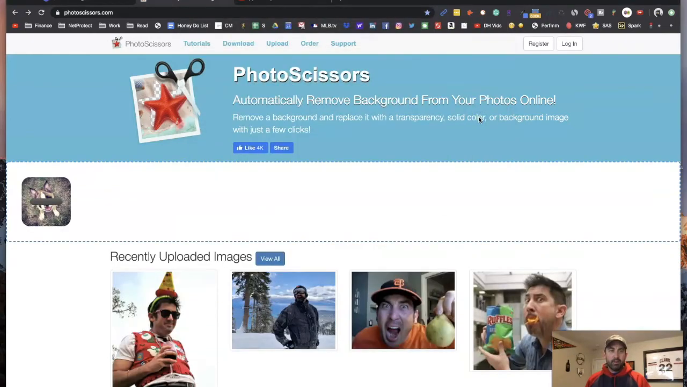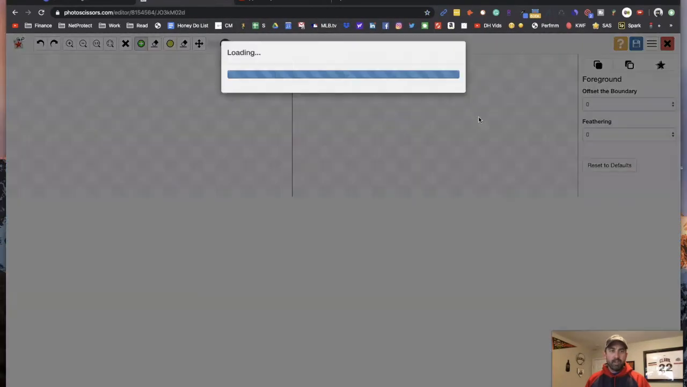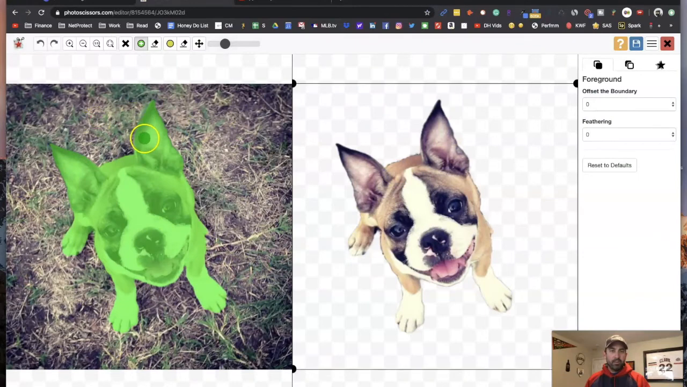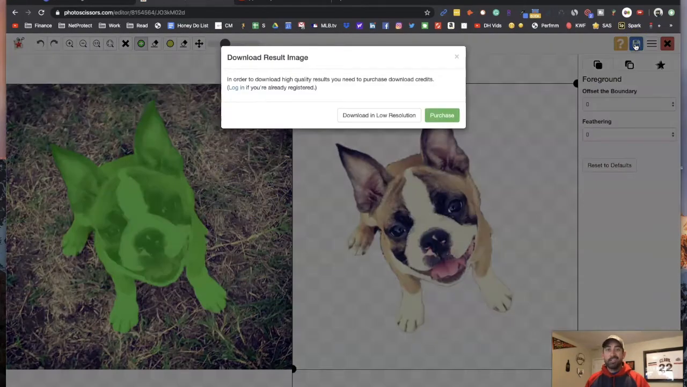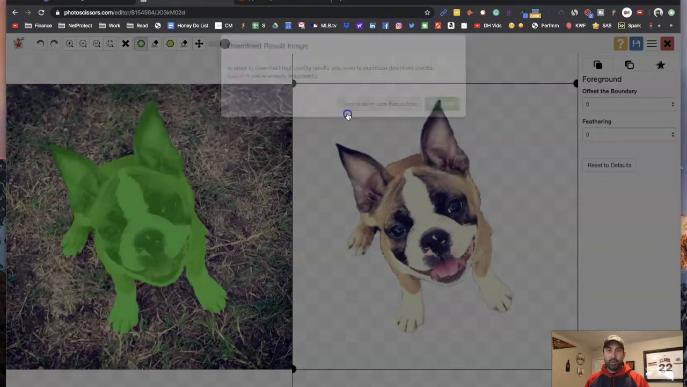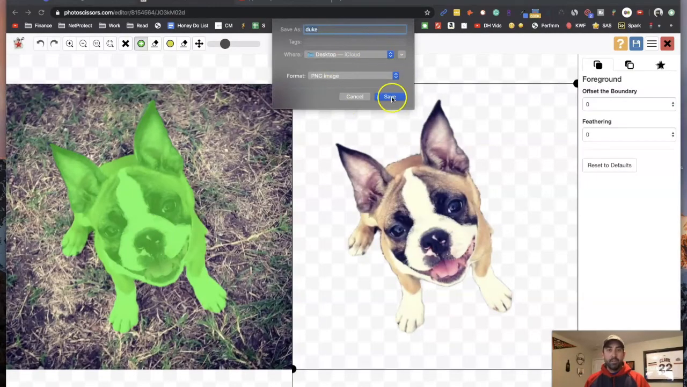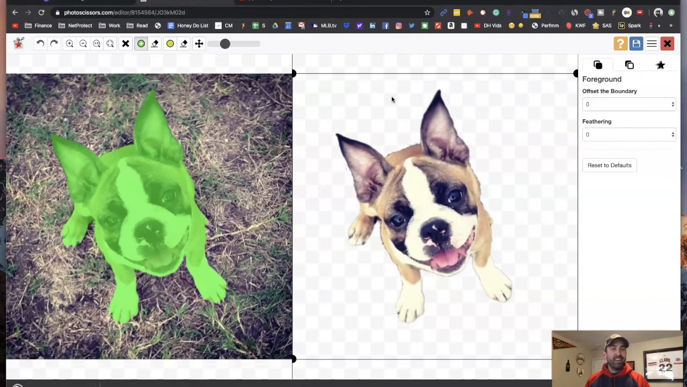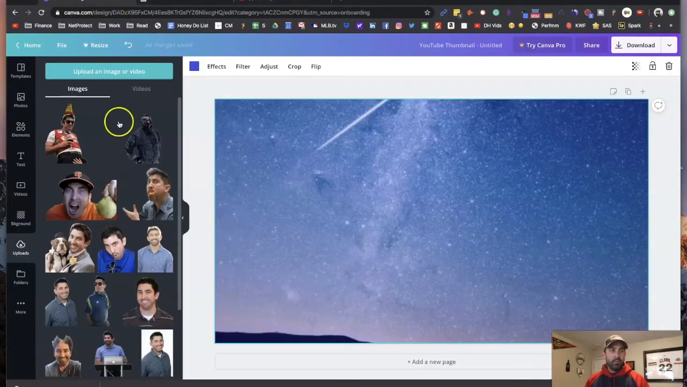It's going to take that background image, the dog in the background, cut it all out for you so that you're not having to do any of the work. You just save it, download the low resolution or purchase. I'm going to pass on the purchase, so just the low resolution works for me. That uploads here, and then I can take it to Canva